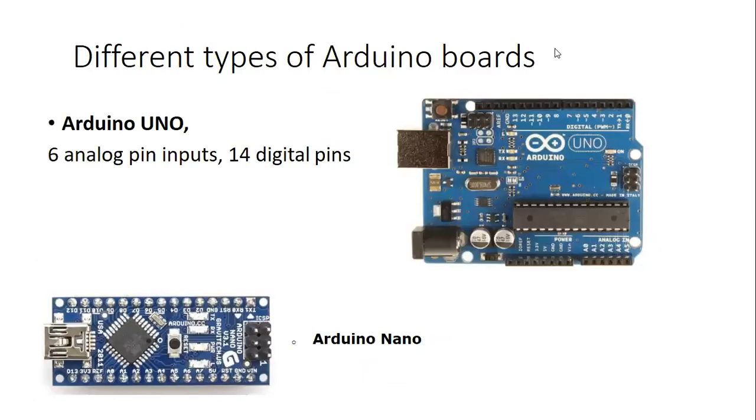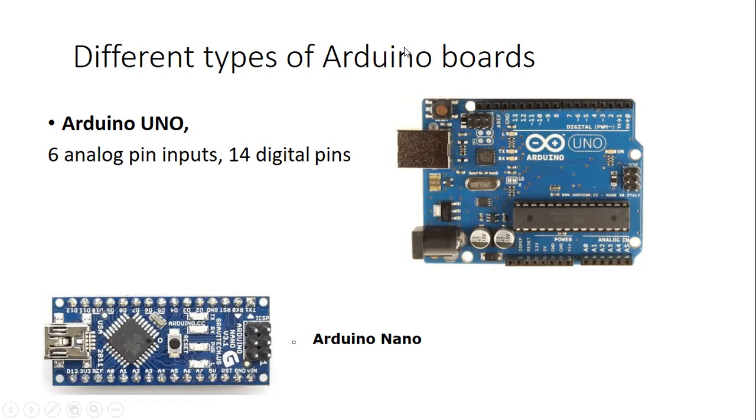Now next, when we explored the Arduino IDE software, we selected the board type. In that we selected Arduino Uno, and there you have seen there are different Arduino boards. So there are different types of Arduino boards. First, that we have seen just